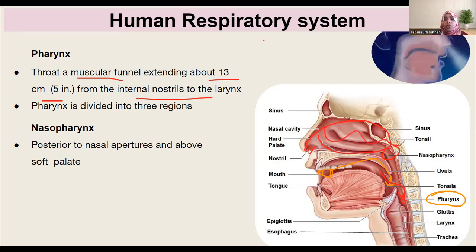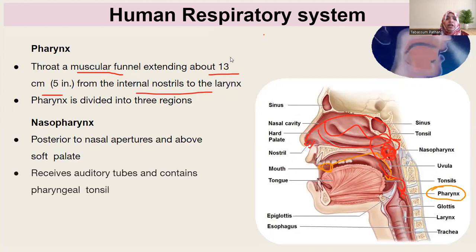So here is your soft palate and here is your nasopharynx. Okay, basically it is here, it is combining with the pharynx. The nasal cavity is combining with the pharynx, hence it is known as nasopharynx. Okay, it receives auditory tubes and contains pharyngeal tonsils. Here also